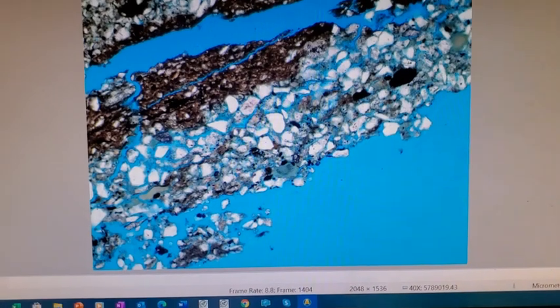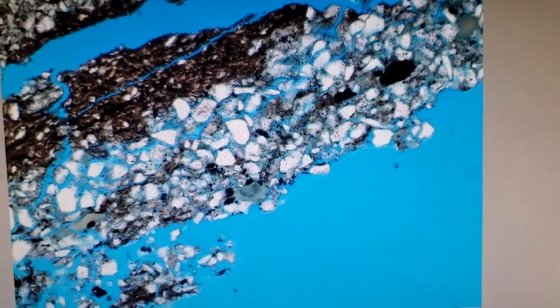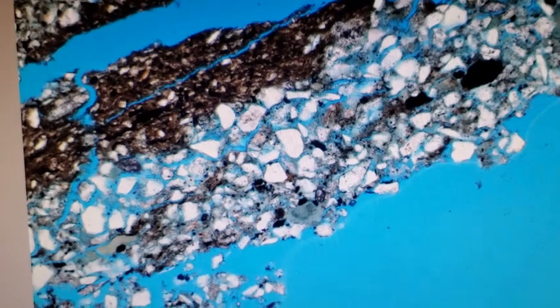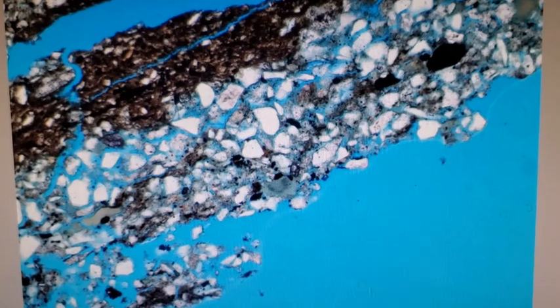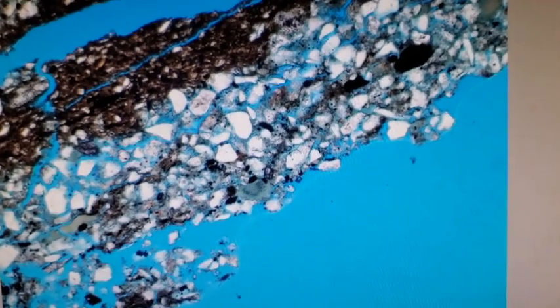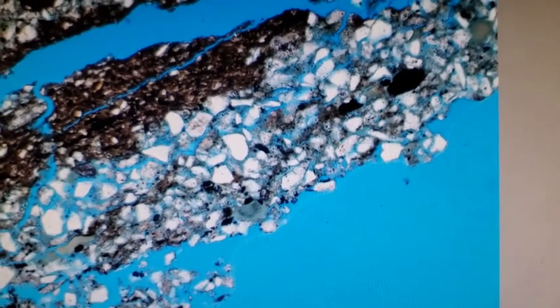I will go to a cleaner portion of the reservoir, and you see there all those quartz grains, and there's a little bit of chert here and there in it as well. Most is quartz, and then here you have a clay laminate. You can see even the clays are not pure clay minerals. There's a lot of quartz grains in it as well. But if you look in between those grains, you see all this blue area. That is the space that we have between the grains, and that is what we call porosity. That's where the hydrocarbons and the water of the formation, the liquids of the formation